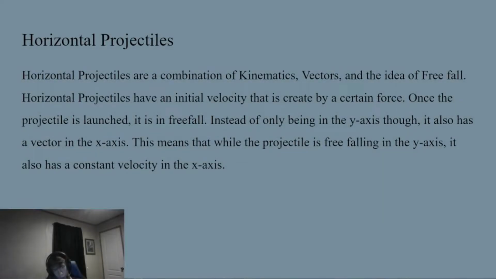Horizontal projectiles. Horizontal projectiles are a combination of kinematics, vectors, and the idea of free fall. Horizontal projectiles have an initial velocity that is created by a certain force. Once the projectile is launched, it is in free fall. Instead of only being in the y-axis, though, it also has a vector in the x-axis. This means that while the projectile is free falling in the y-axis, it also has a constant velocity in the